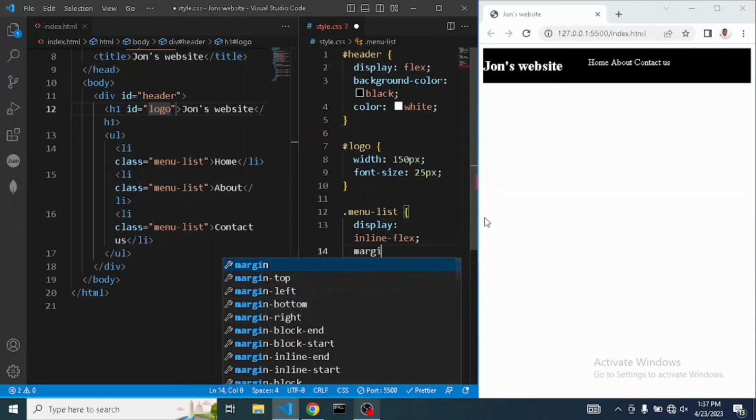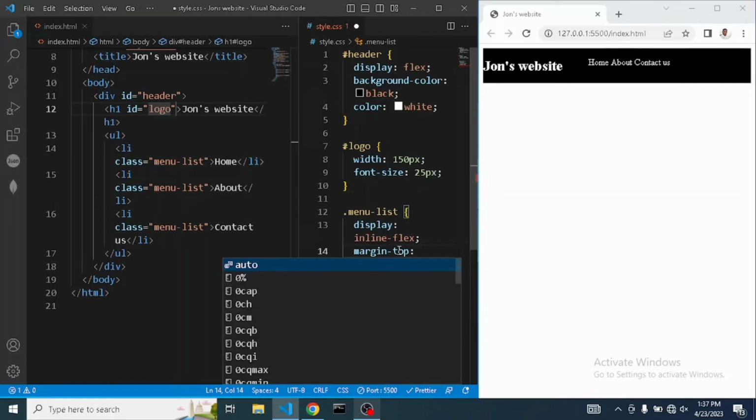So if we wanted to move this away from the top, we use margin top. If we wanted to move it away from the left, we use margin left. So in this case, we're going to use margin top since we want to move it away from the top. So say margin top, then colon. So we could give it a margin top